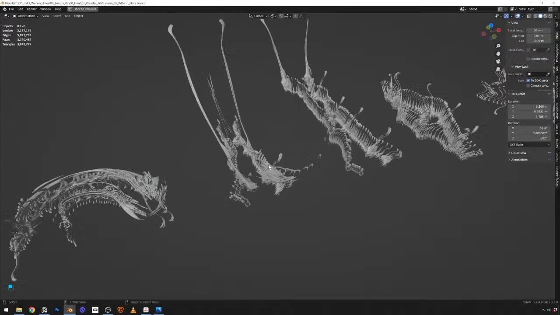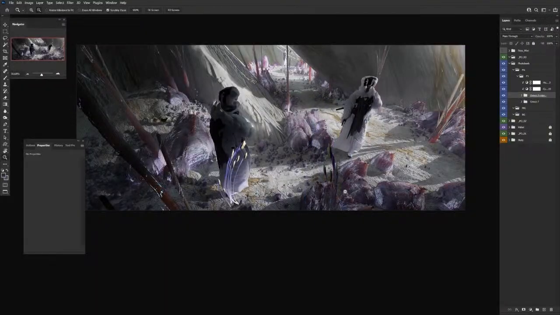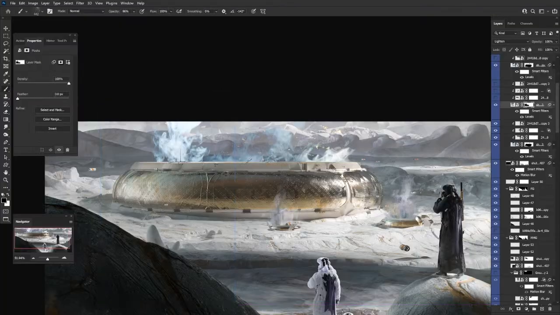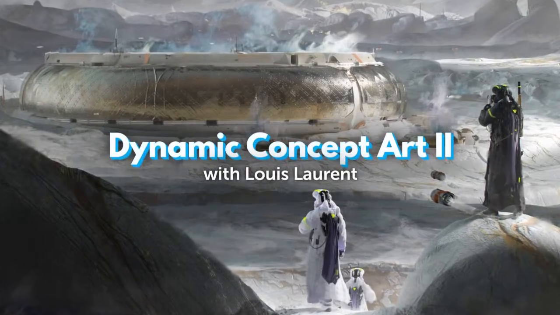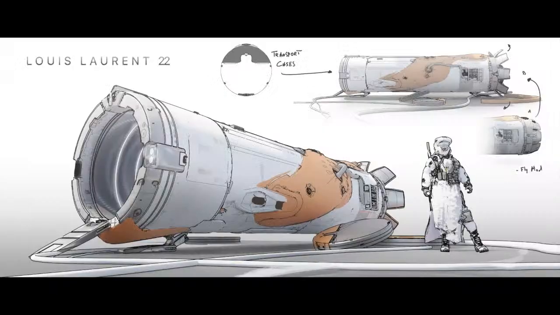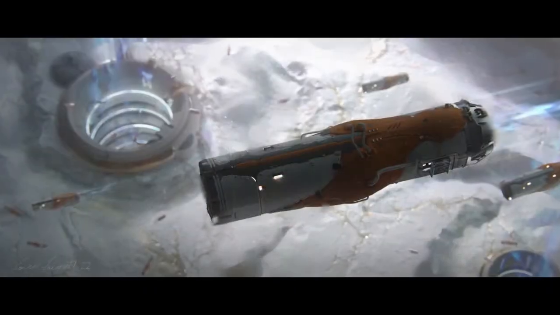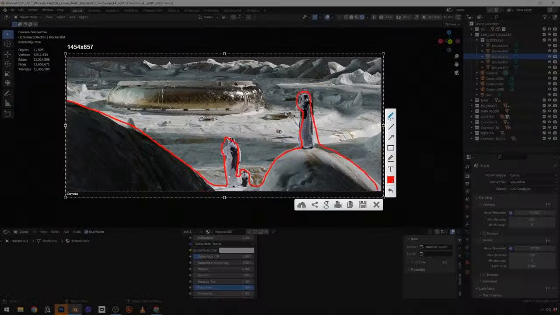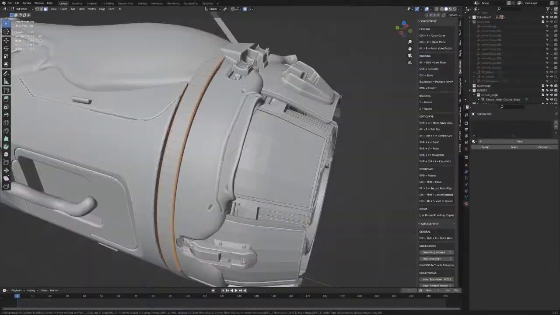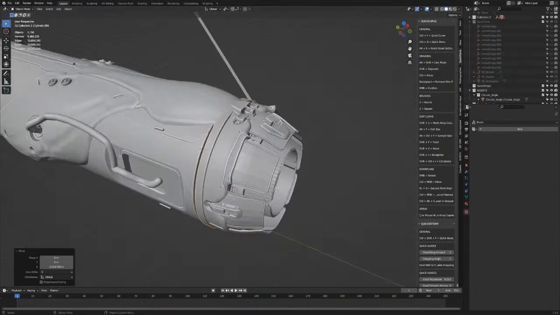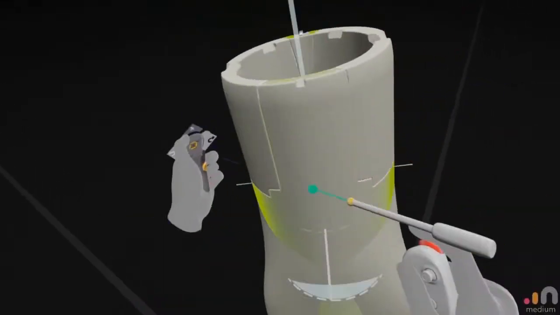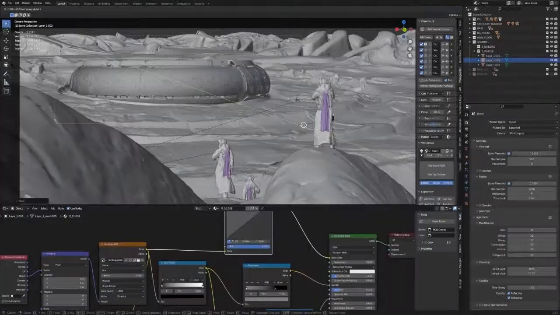Last year, Laurent released a massive course for Learn Squared. And now, his highly anticipated follow-up is about to arrive. Dynamic Concept Art 2 is all about taking your designs to the next level. While the previous course dealt mostly with the natural world, this one dives into the harsher, less forgiving shapes of hard surfaces. You'll learn to craft high-precision VR sketches, detail structures and vehicles to create a vast sense of scale,